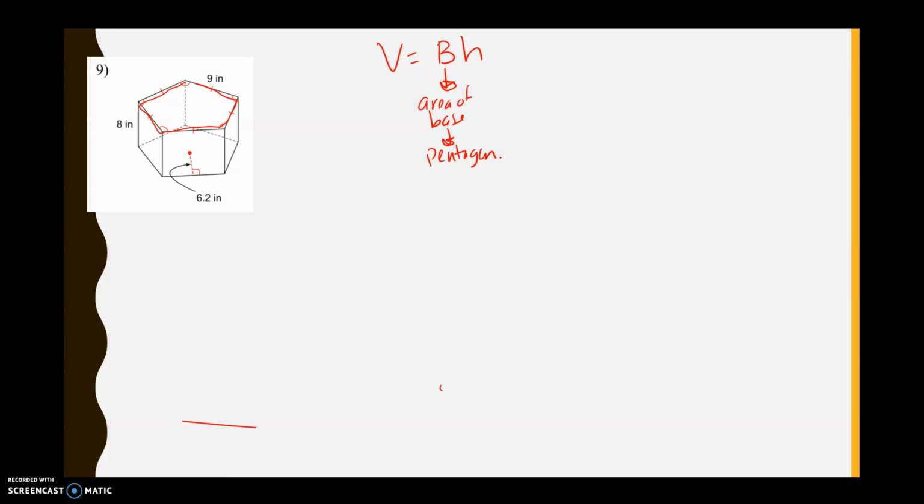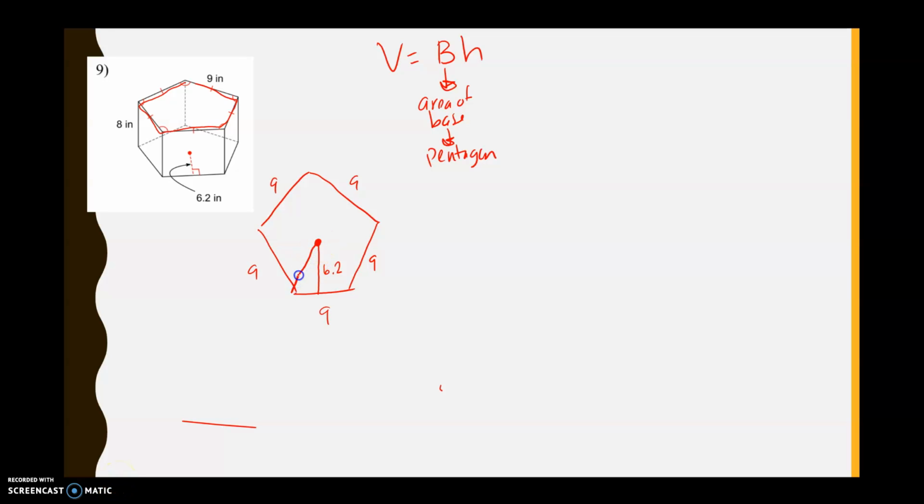So I want to figure out the area of this pentagon. So he looks like this. And they're telling me that each side has a length of 9. So 9 going all the way around. And they're also saying from the very center, going straight down to the side, has a distance of 6.2. So that's going to help me because I want to figure out what my